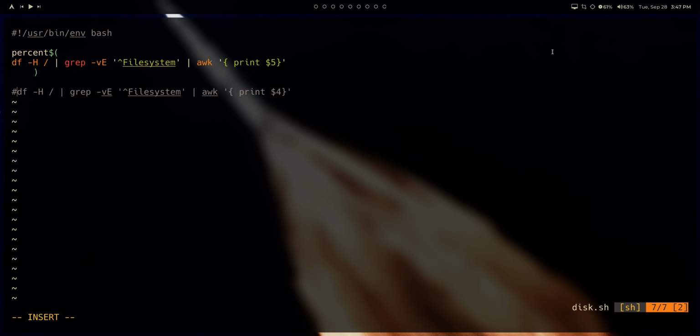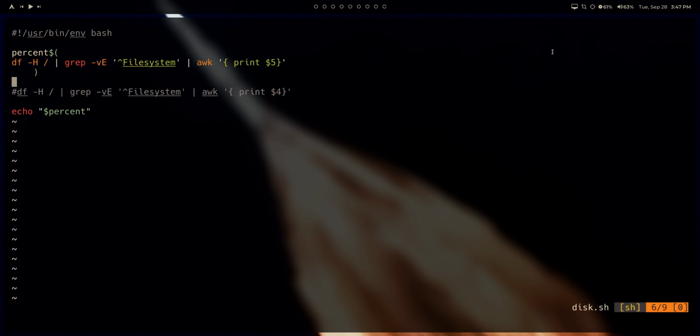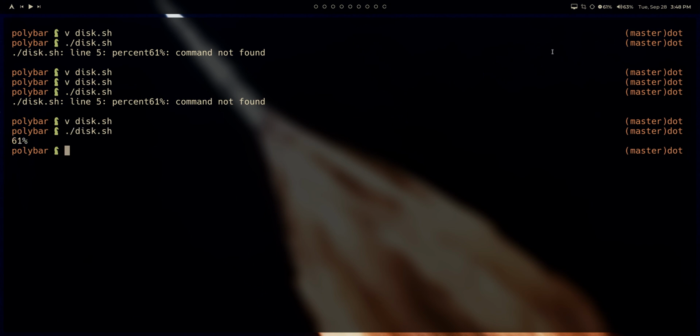and then if I were to, let's say, comment out, and then come down here and echo out that percent variable, you can see how that would work. We get an error. Line 5, command not found. What? Line 5. Oh, you know what? I think I probably typed in the variable wrong. So, oh, you know what it is? You have to do percent equals is what I did wrong there, and then it's the $ sign. So the way you do the variable is you type in the name of the variable, and then the $ sign, and put your variable right inside of here. Okay, so I screwed that up. So now, if I go ahead and copy that, run it again, cool, it's printing that out,